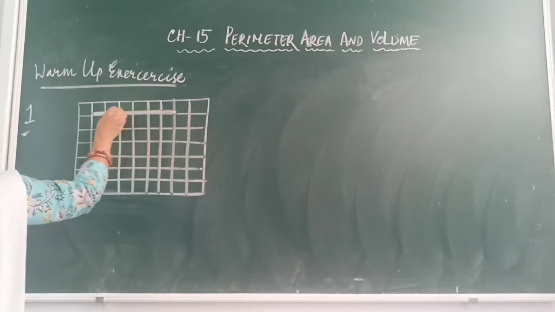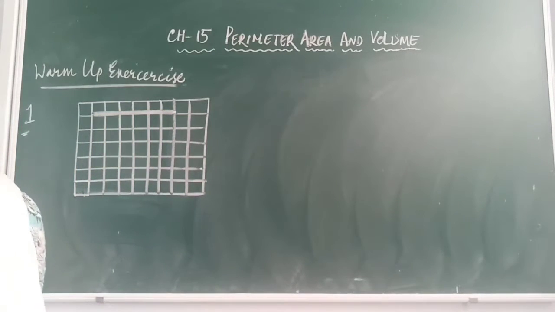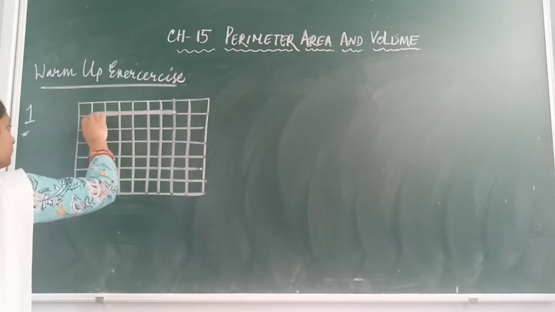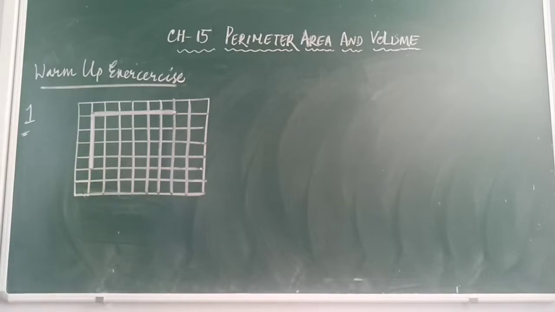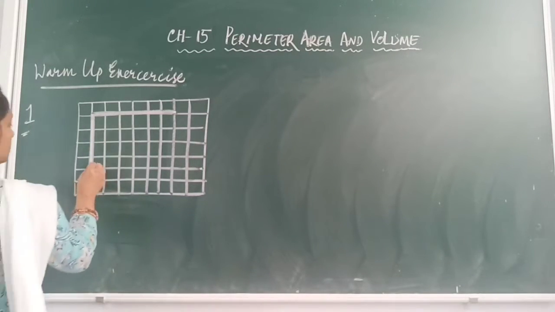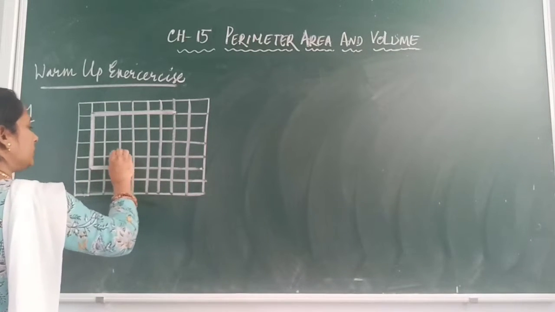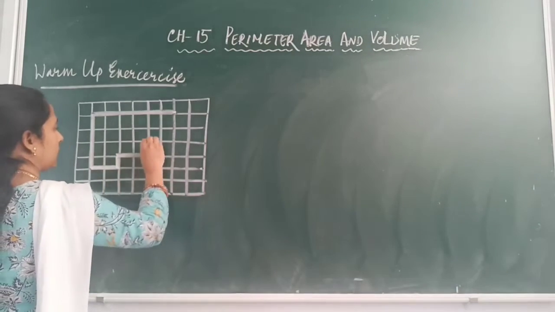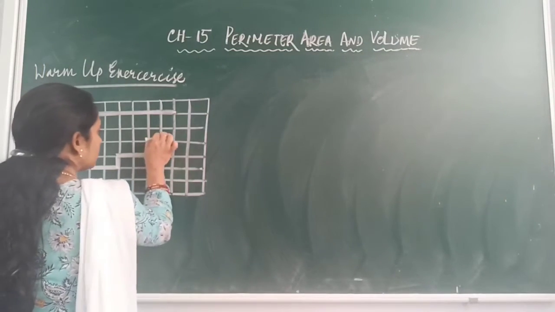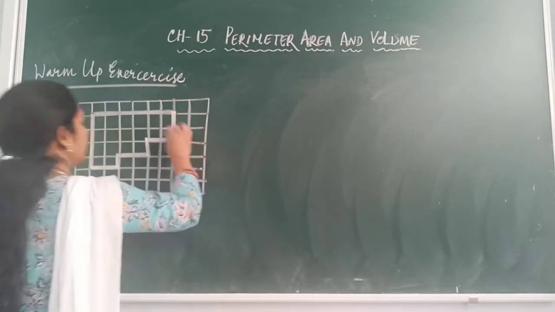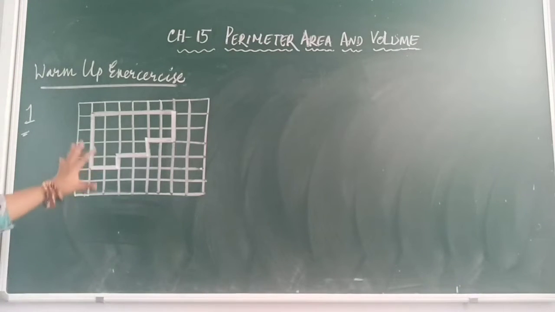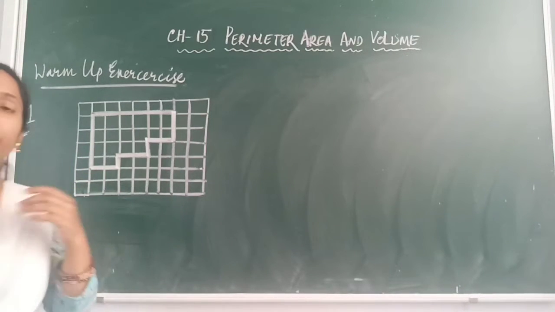this is one of the sides of the given figure. Then the other side we have 4. Then we have 2, 1, 2, 1, again 2, again 1. Then 2 sides, and this is being joined. So I hope you can see this figure. This is the figure given to you, and now you have to find the perimeter.